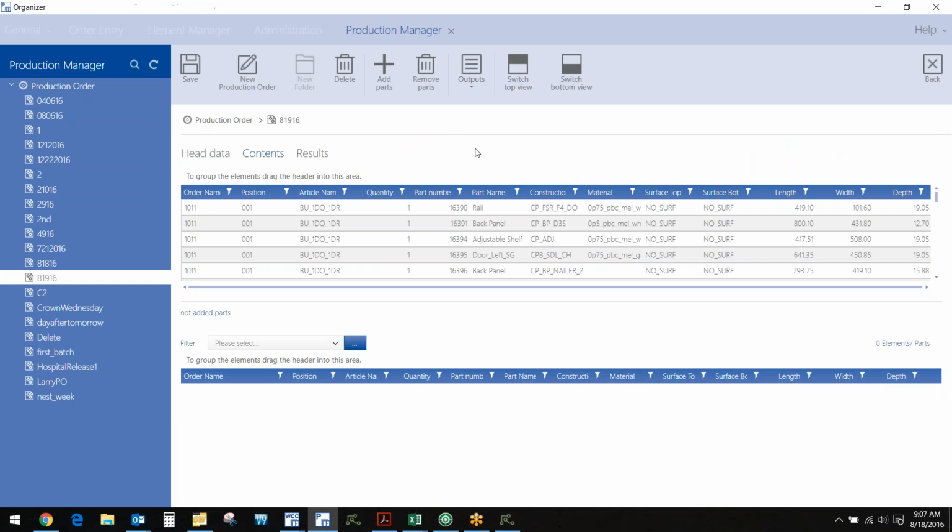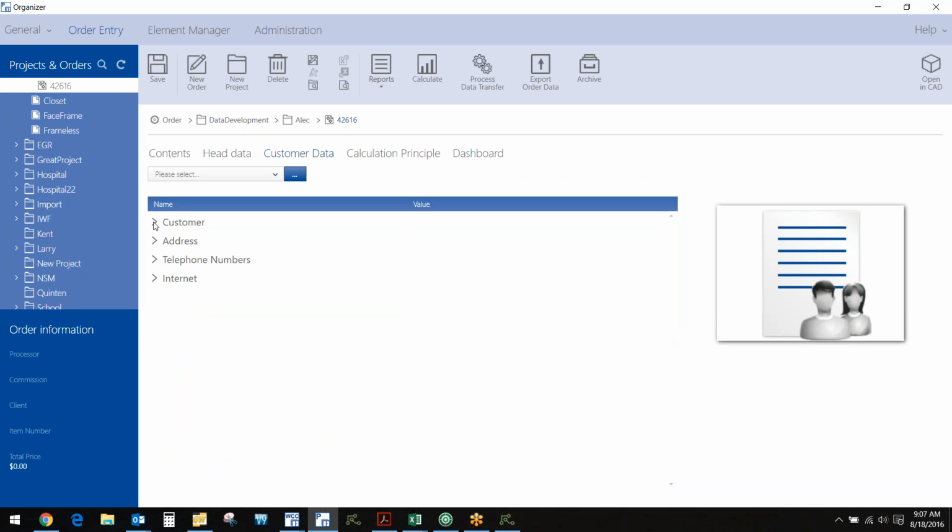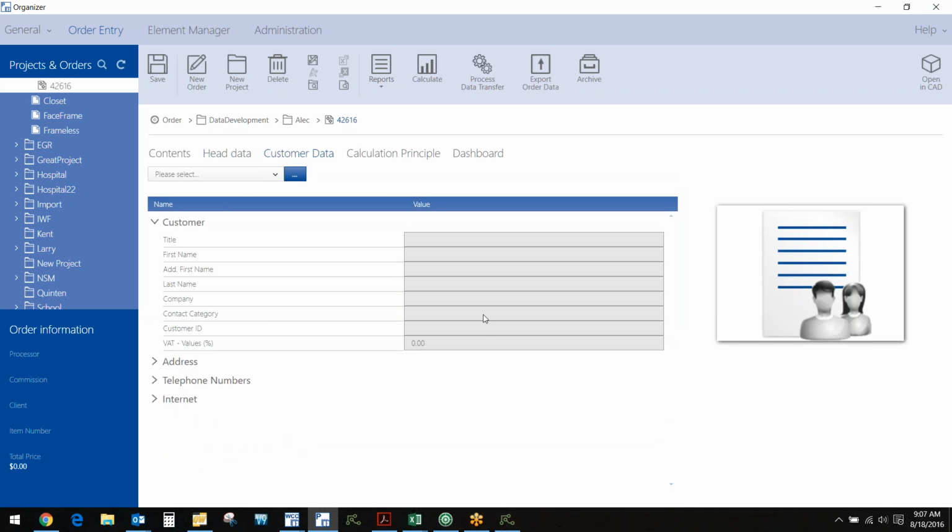Any kind of order has head data for it, and in the head data you could have who's the client and different kinds of stuff. Here's customer data, but this is not a CRM system, and the ERP is going to be much better for it. So I'm going to suggest that we have a light amount of data coming into this. The link being created,